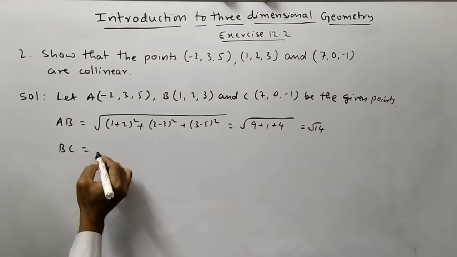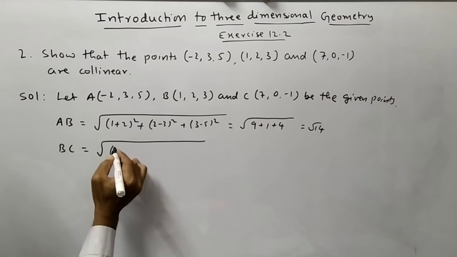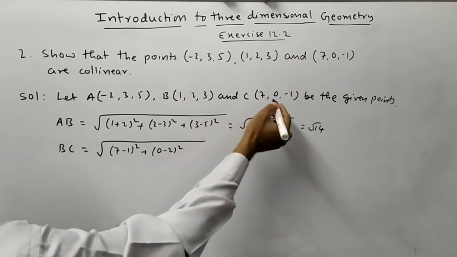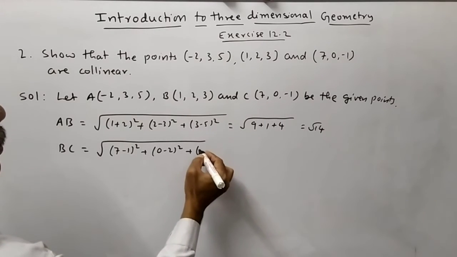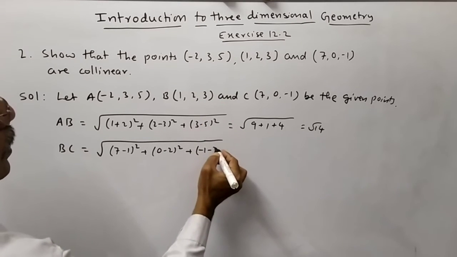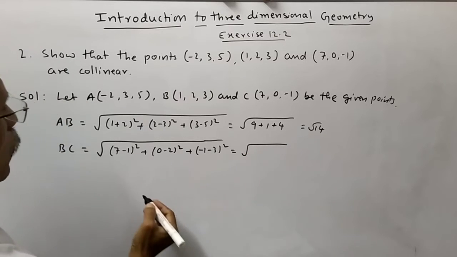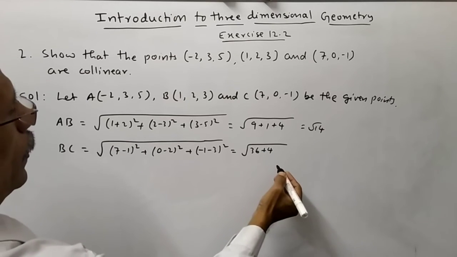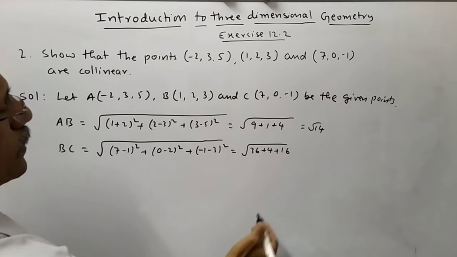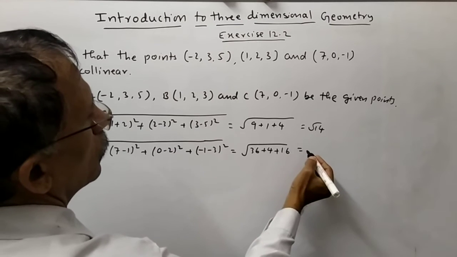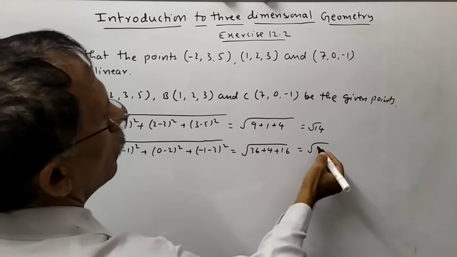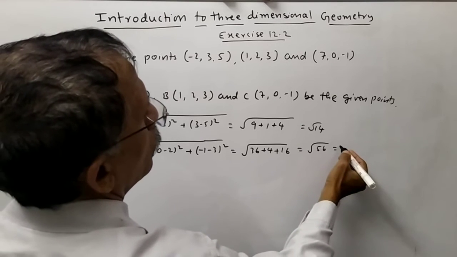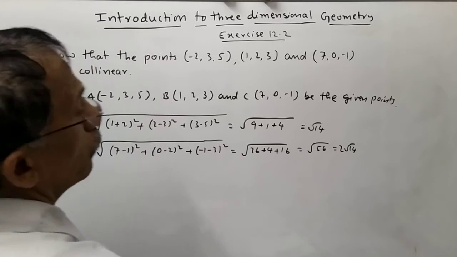BC is equal to square root of 7 minus 1 whole square plus 0 minus 2 whole square plus -1 minus 3 whole square, is equal to square root of 36 plus 4 plus 16, is equal to square root of 56, is equal to 2 root 14,